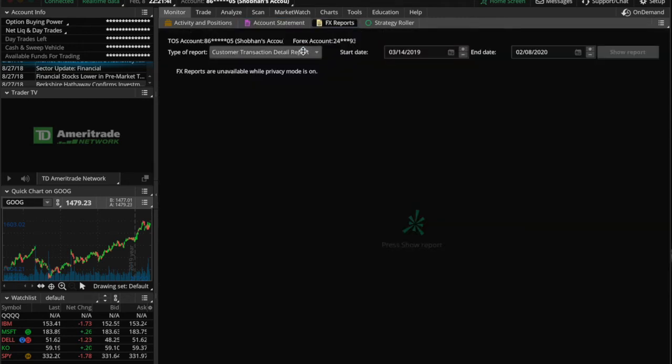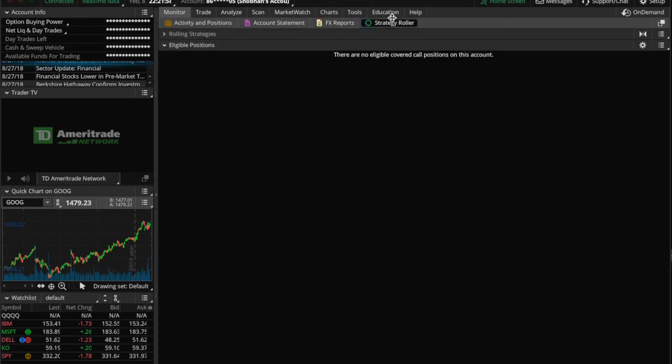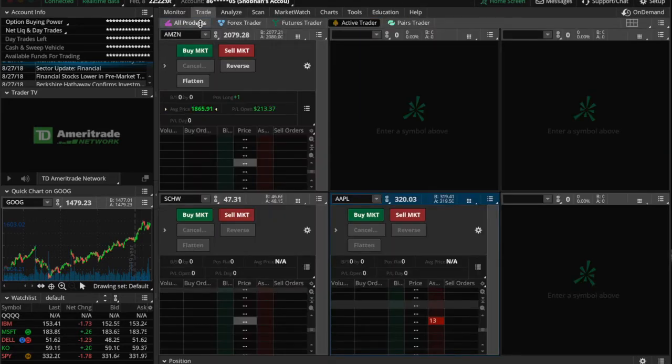You go to FX reports, which can be helpful, so you can see your consumer transaction detail report, your financing report, your account summary report, your Forex account number, that kind of thing. And then you can also have strategy roller. And the great thing is you can also use privacy mode, which I'm on right now, and that can be used in thinkorswim's window. Now here is trade, and trade is where live traders will actually make most of their moves